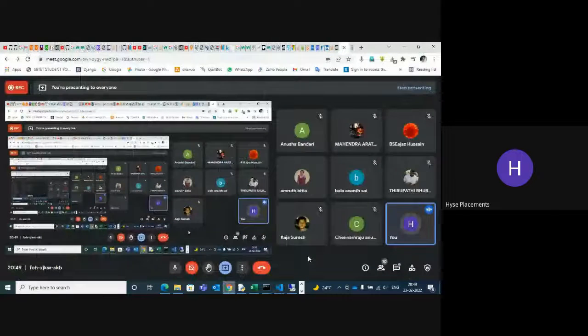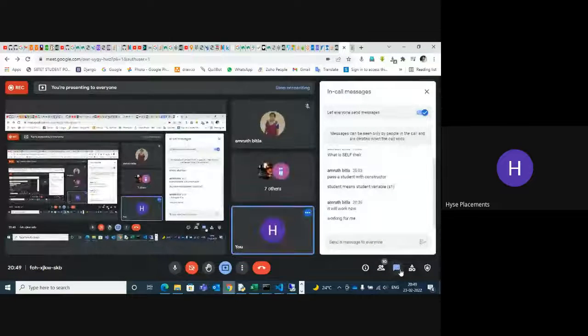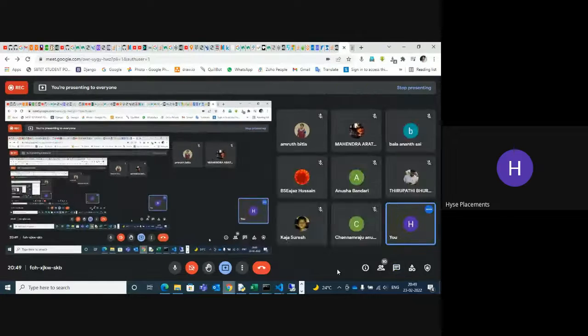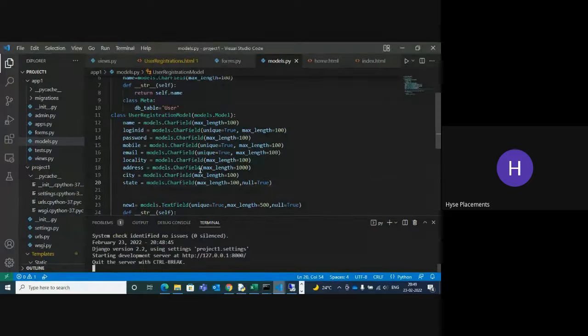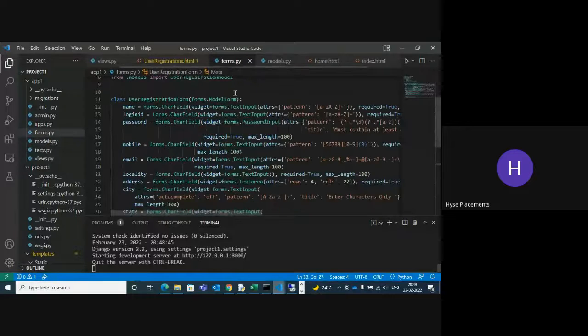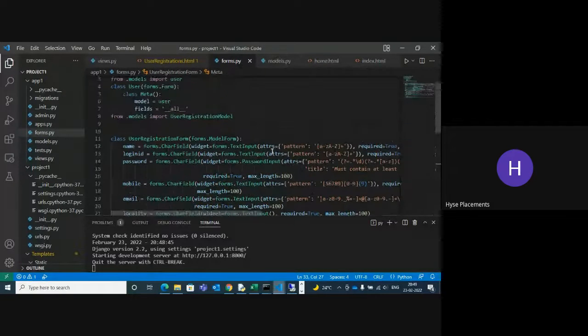Anyone any doubts? Guys, this flow you can understand now. That time it's easy to understand how it's going. First of all, I am explaining only the model today. I am not going to the form. This form is very difficult.